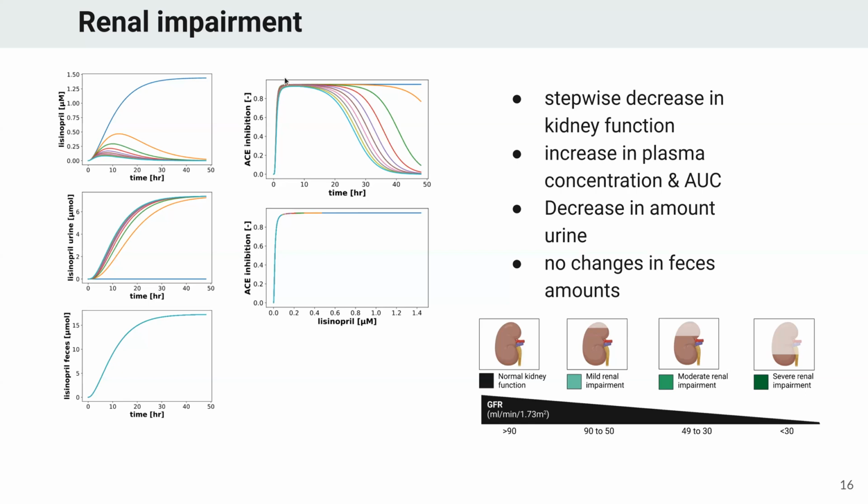We get to the 90, 95% inhibition. And it's because we're still over this very low concentration of lisinopril, which almost has 100% inhibition. So even for renal impairment, often a discussion is, do we need dose adjustment in a population with renal impairment? In this case, you would clearly say no, because even the low doses are sufficient. You're long enough over this